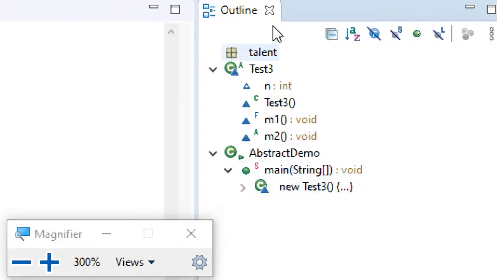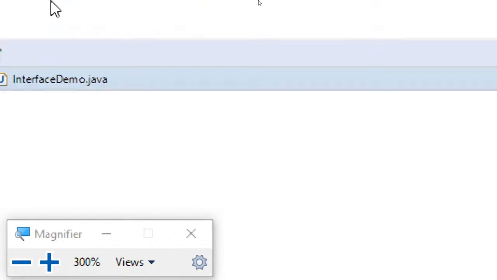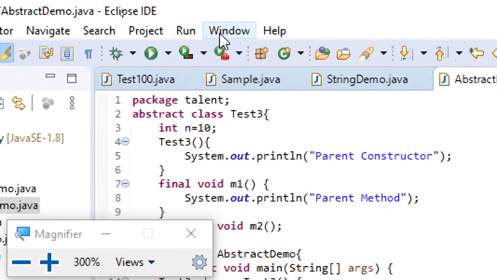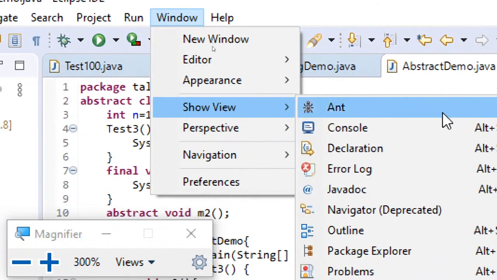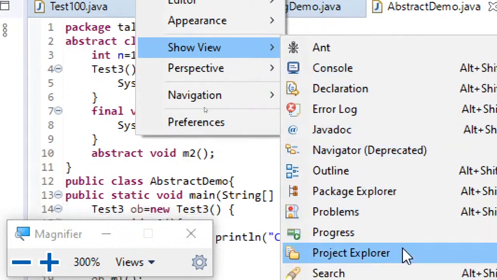So this is what the outline generally gives. But I think it's not required for us. That's the reason I said in the initial classes you can close all the windows that are not required. So the point I'm trying to make here is, if you don't see any of the windows expected on the screen, you can go to Window, Show View, and click on that particular window, and you will get it.